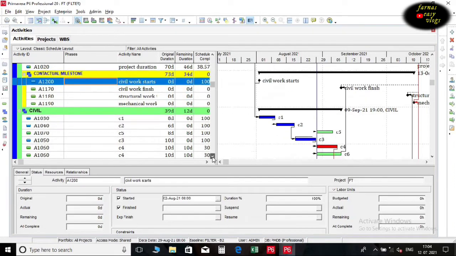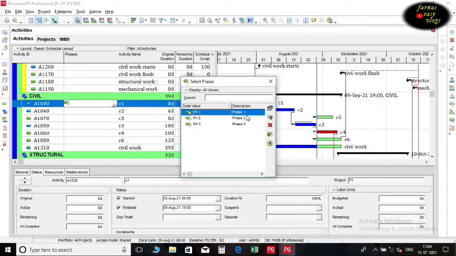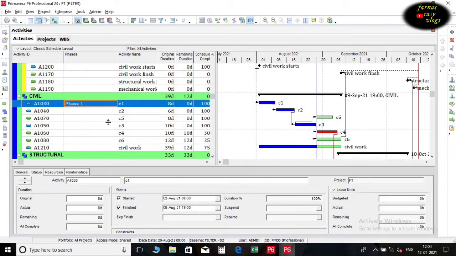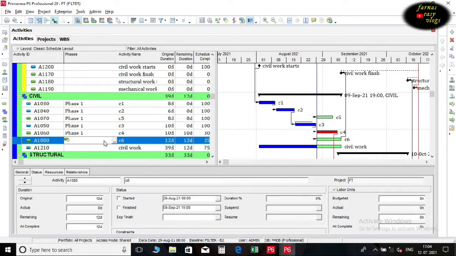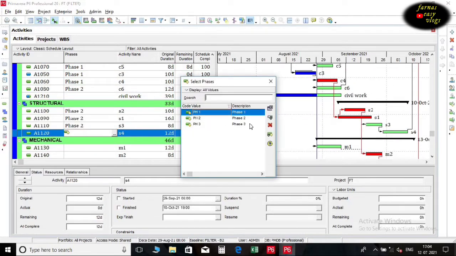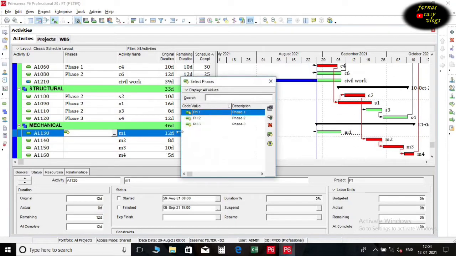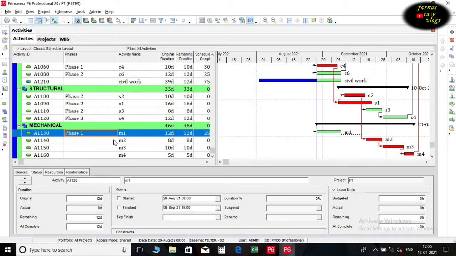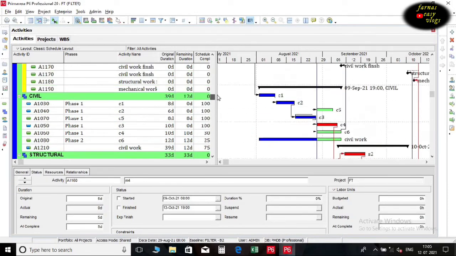Then all the activity codes are assigned to the activities. Now it is easy to filter, group, or sort them.